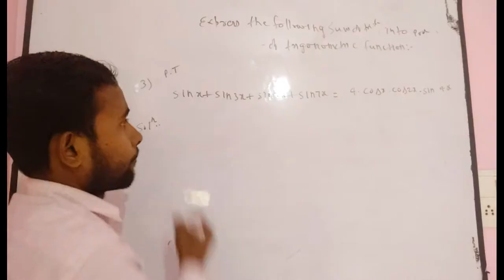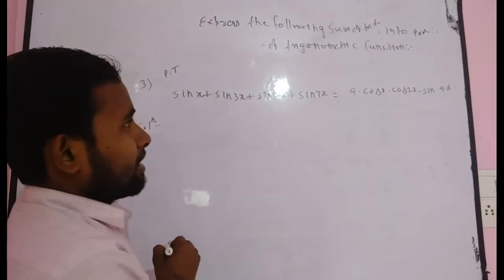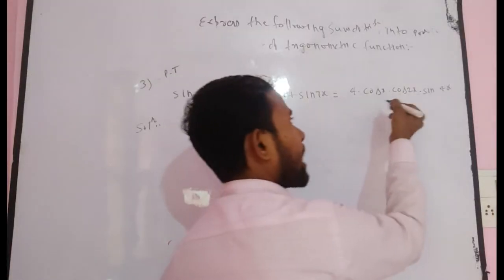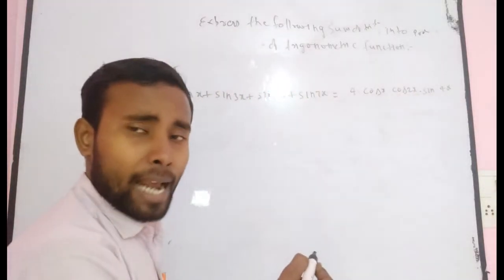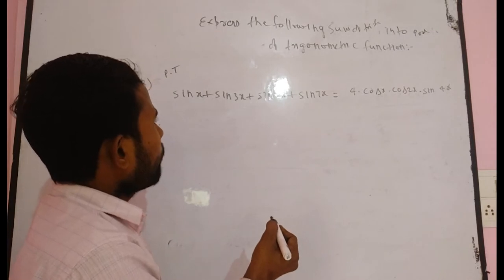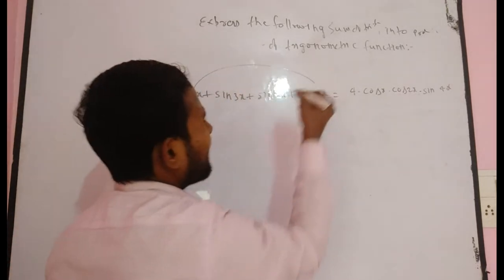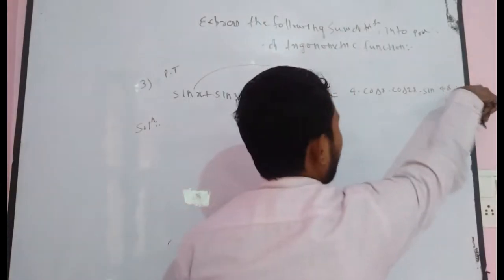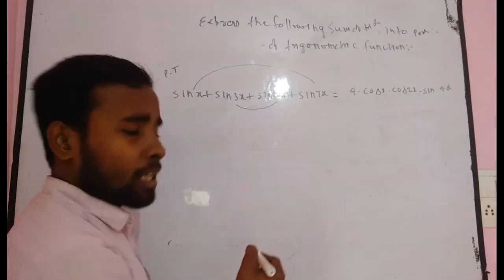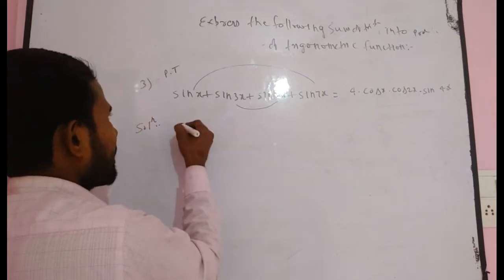Simply, you have to choose such an angle that you can get some parts of the RHS. Can you arrange it as x and 7x, then you definitely get 4x, and here it will be 3x and 5x. If you arrange it like this, then you can see that here